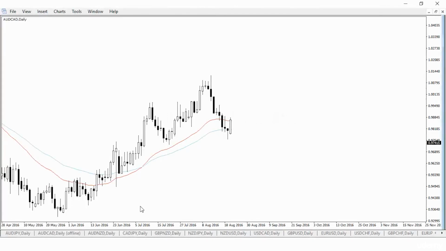As you can see, this is a daily chart of Australian dollar versus Canadian dollar. You can see that the market is in uptrend momentum in this chart, as it has at least two back-to-back higher highs and higher lows. Now you will also notice that the current market price is on a valid higher low level in that uptrend,